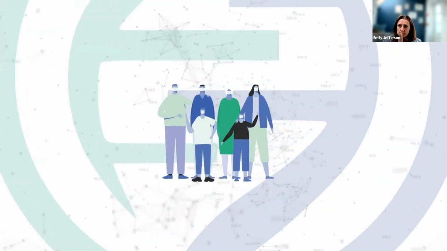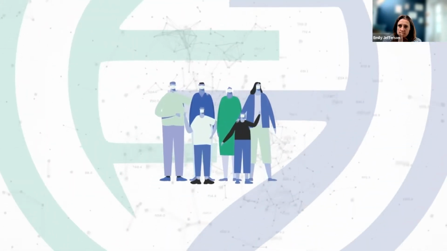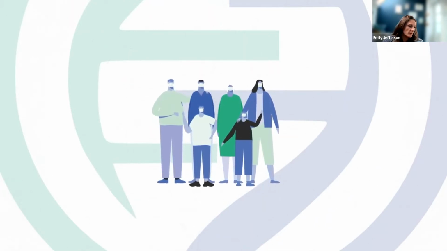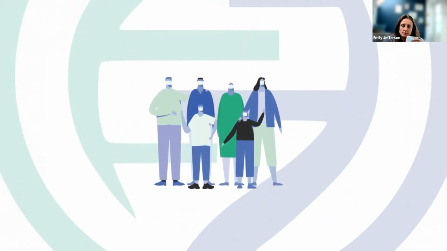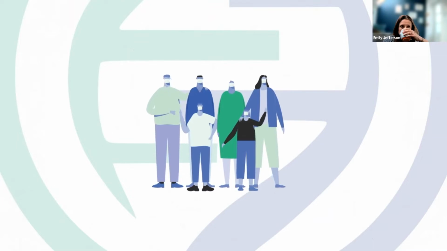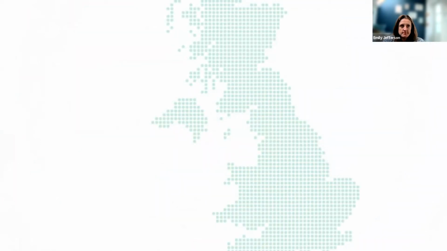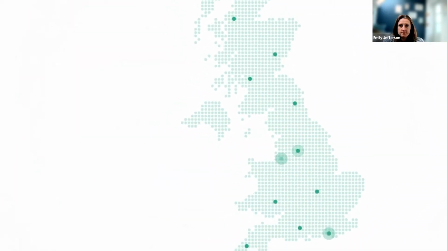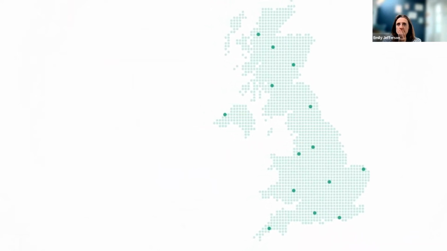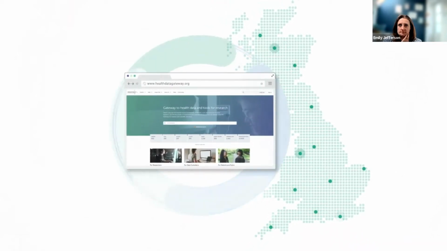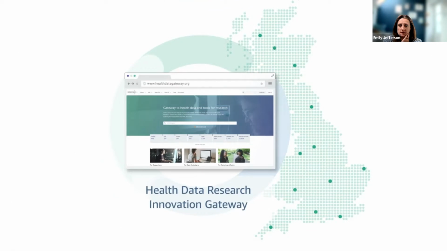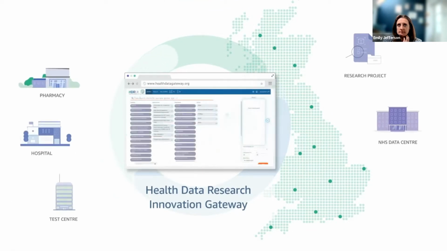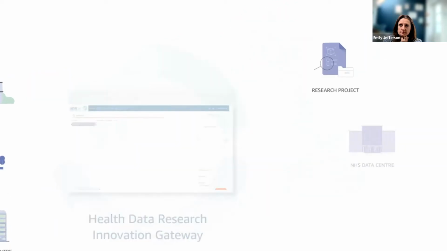CoConnect has patient involvement at the heart of its design. Our team of public members are directly involved in the project to make sure that the public's perspective is heard and acted upon at every stage. CoConnect allows researchers to search and compare data across the UK through one website, the Health Data rEsearCh Innovation Gateway. Importantly, the data doesn't move from the partners who own it, and they have the final say on who can